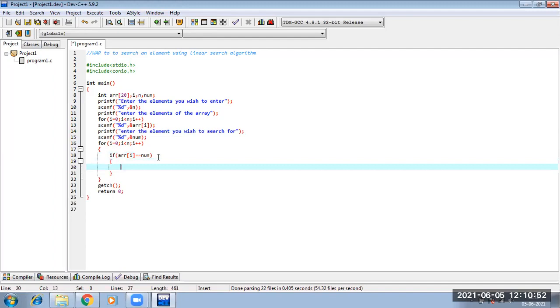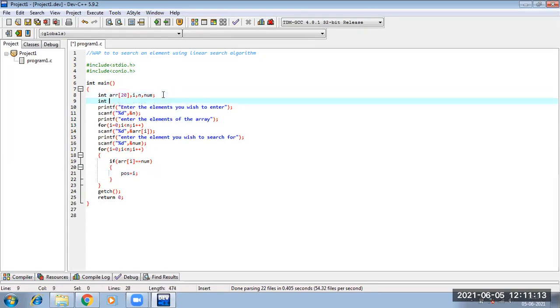I will return i. So the value of i which I am having needs to be placed in some other variable. Suppose pos is that variable where I am saving the index location. So I need to declare pos as well.